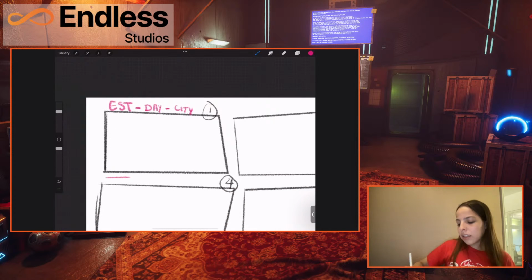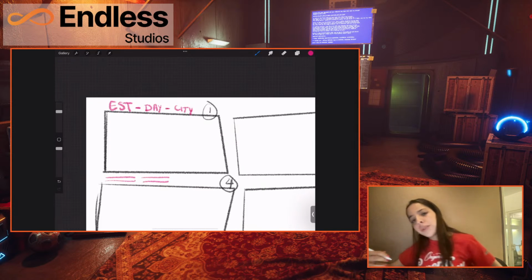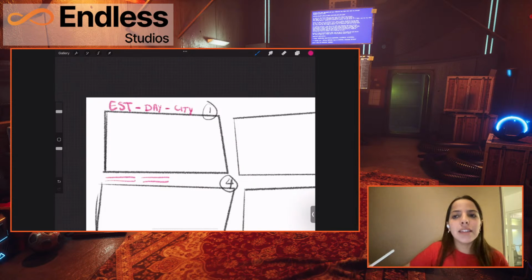Typically, also you'll see lines similar to how a comic is written that quite literally explain what's happening in this shot that you're going to be sketching out. But for now, I'm going to just talk through it, so I'm going to skip the lines. And you want to learn how to be quick in this process as well, because not all the time are you going to have a client that's going to tell you beforehand what the story is. You could be in a meeting room with your clients and your development team, and you'd be the one coming up with the story, so you'd have to sketch on the spot what's happening.